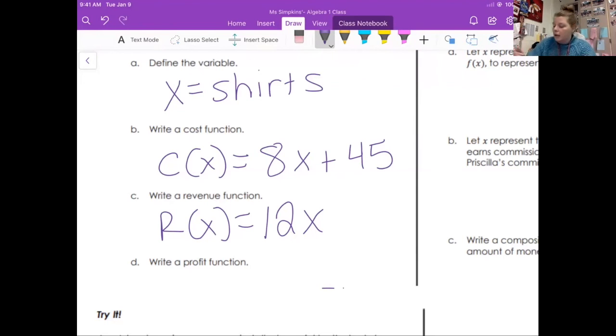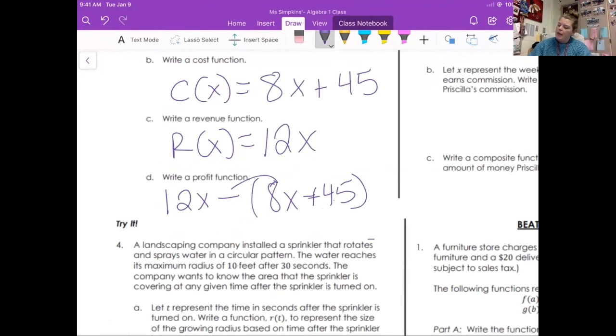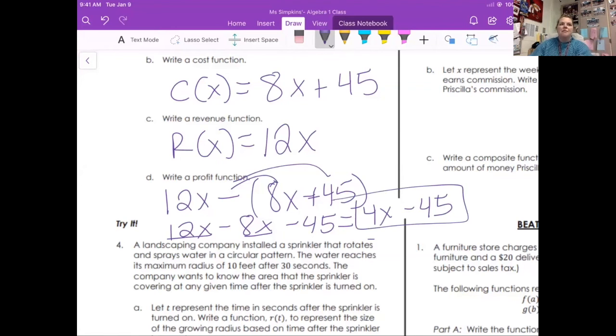So we're going to take our revenue and subtract our cost, because our cost not just includes the 8, our cost also includes the $45. So we want to distribute that negative to get 12x minus 8x minus 45. And if we combine those like terms of 12x and 8x, we would get 4x, the $4. But we would still have to take away that $45 one-time fee for the design